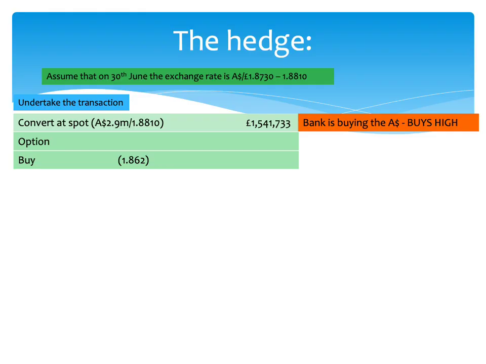The option will then give us the chance to sell, so to close the hedge out. We're going to be able to sell at whatever the option is worth on the 30th of June. Now again, just like in the last example, they've not actually given us any sort of trading value for the option, so we're going to have to assume that it's shifted in value to the exchange rate that we've used for the transaction, the underlying transaction above. So we're just going to assume that it shifted correctly in value to the 1.8810 that you used in the